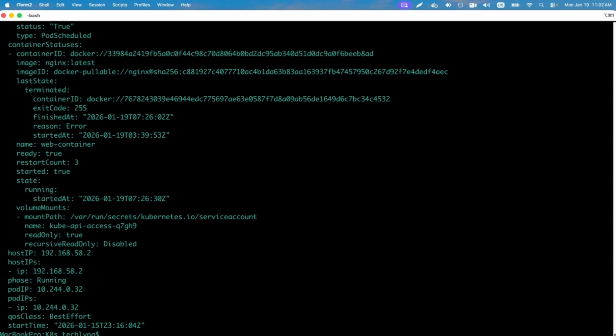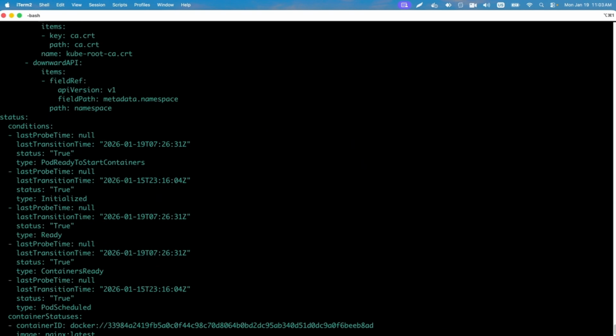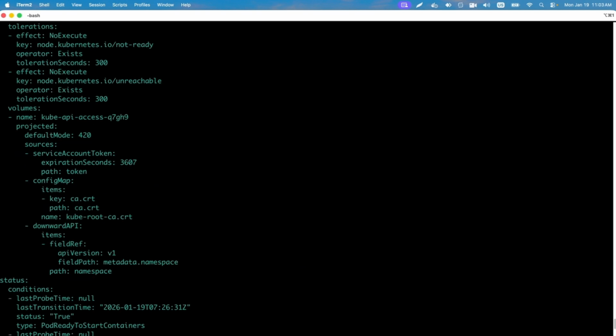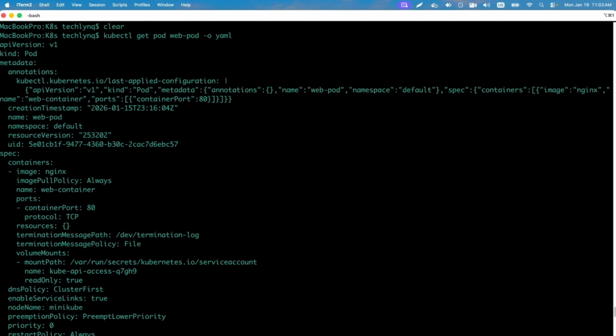This command is useful when you want to see information like the container statuses, for example. You can find here the name of the image. Basically, you can find all the information about your pod here. As you can see, the status, what happened with the pod and at what time. Here you can see the metadata of the pod that we created, the name, the spec, DNS policy,